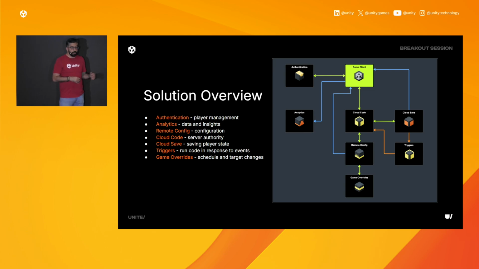We're going to use Cloud Code to, again, create a custom game API around our system to also bring server authority to the system. We're going to use Cloud Save, which is going to store the state of the player. So this is both the inventories, the currencies, and everything else about our players. We're going to use triggers to actually set up the player for the first time after they create their account and instantiate their starting inventory. And lastly, we're going to use game overrides to be able to then run A/B tests or personalize the experience for our players. And this looks a little scary, but I'm going to break it down step by step, so it'll be